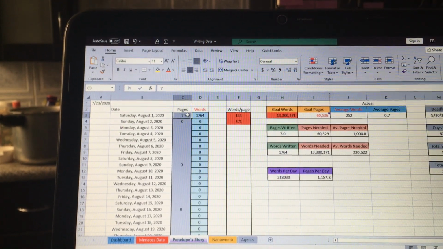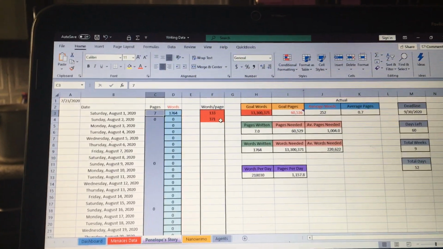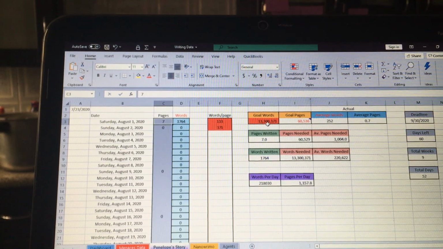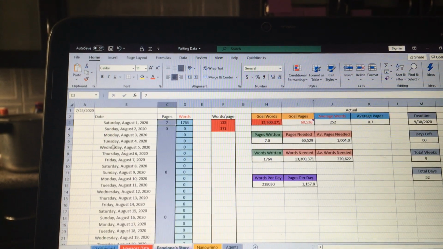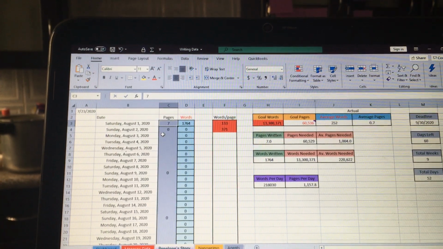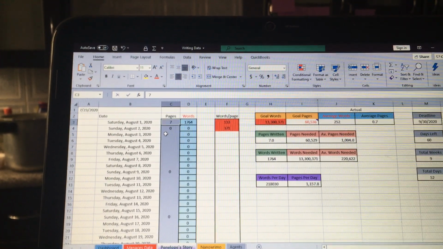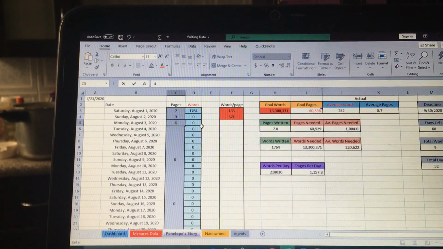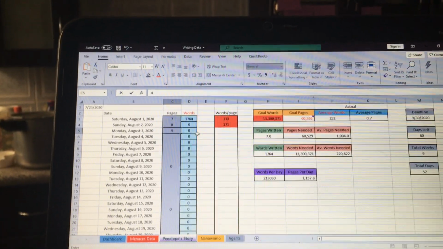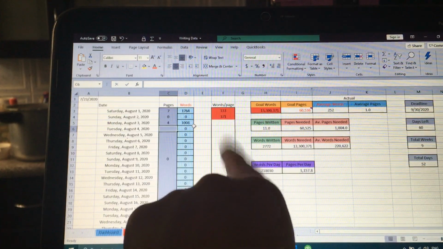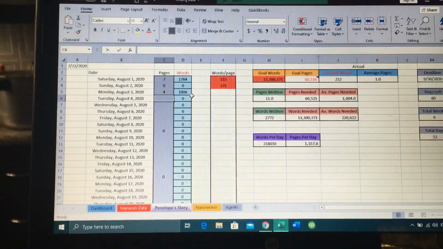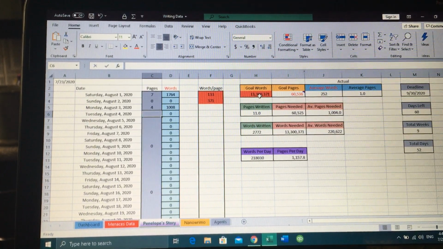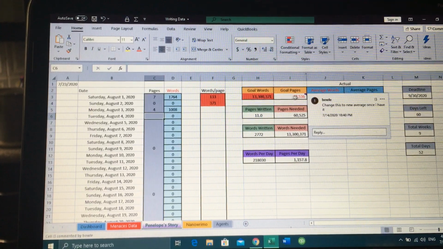This, I just picked a random number for pages, but this goal words is also my student number. It's actually going to be about 70,000, not 13, so that's nearly double. And then I'm not wanting to write on Sundays, but so here for the average, for the pages I write, it's programmed so that it'll automatically put in the words based on the averages in this, what the average words will be as I enter that in. And then here, the goal words that I need, which means what is the goal number of pages,